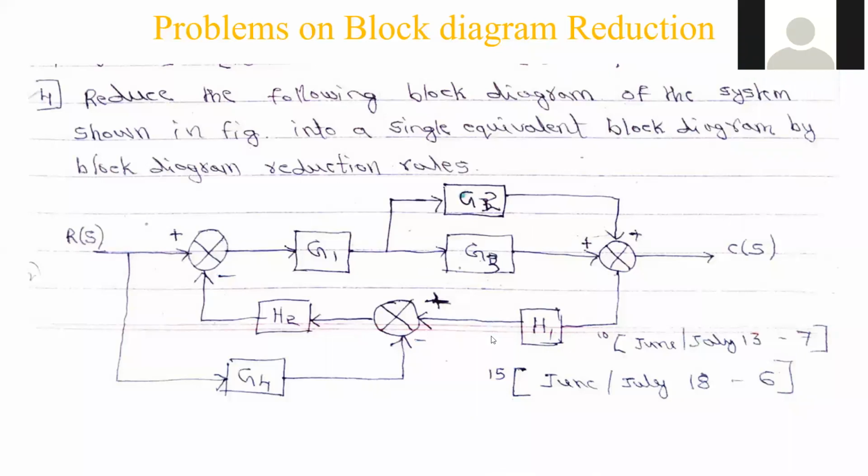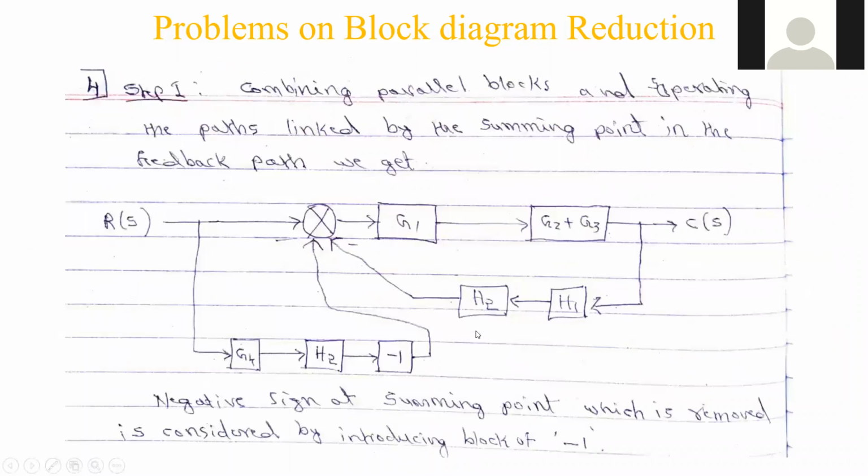Yes, sir. It's just that we have taken the summing point minus sign as a block, no, sir? Yes. So in this separation, H1, H2 separation, even you can add here 1. Okay, but simply adding 1, will it have no difference? No, that's why we have not added 1 into H1 into H2, because the plus sign is there. But in the lower part coming, there is a minus. That's why we need to include -1.